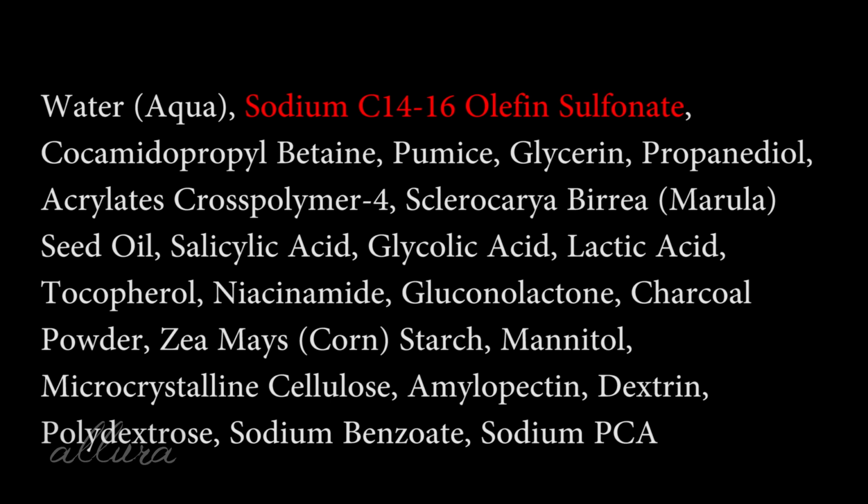The first ingredient right after water is a kind of cleansing agent, and it is one of those that is more harsh on the skin. So it is quite drying. It's like a detergent for the skin, which is not something that we want to be lathering all over the skin. Now, once again, this is a product that you wouldn't really leave on the skin. It's meant to be washed off, and therefore the harmful effects of that should be removed fairly quickly. But with something like an exfoliator, where you're abrading the surface level of the skin and really rubbing it into the skin, it's just not something that you really want to lead the ingredients list with,